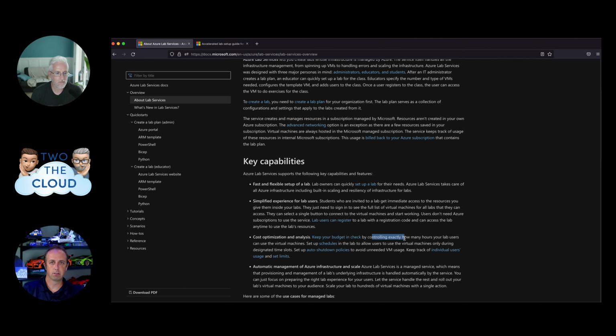I know we've done this in some of the training I do, where you spin up a lab and say, as part of this class, you get 16 hours of lab time or you get 80 hours of lab time, whatever it is. Looks like you can do that too, where it'll count down from a quota of lab hours. And then once you hit that, you just don't get access to it anymore. Yeah, it's very much in that model.